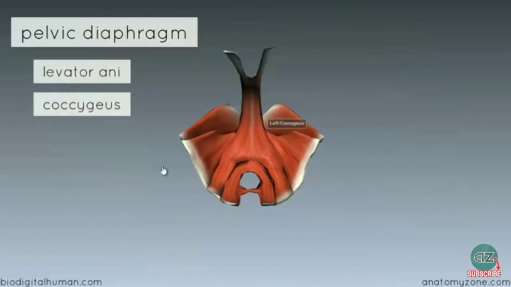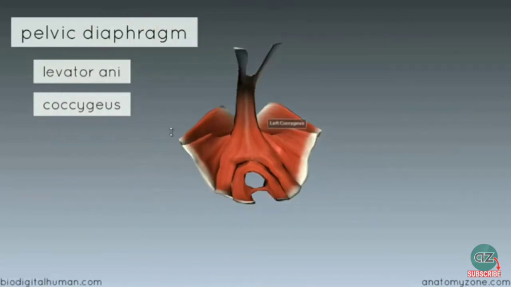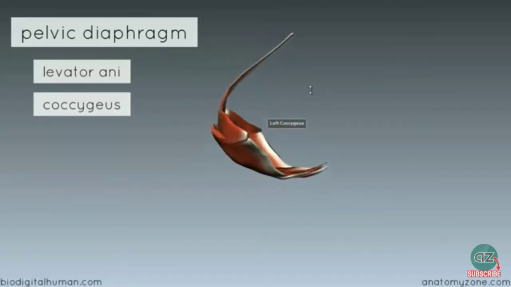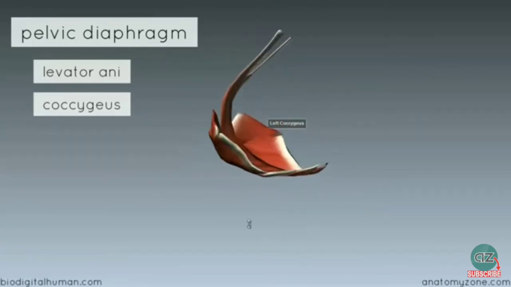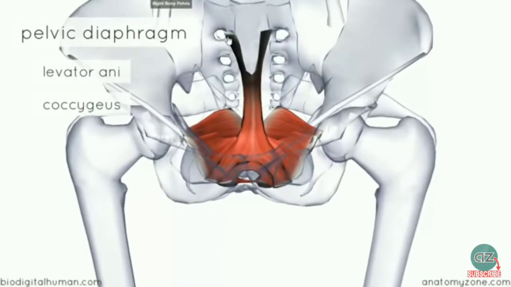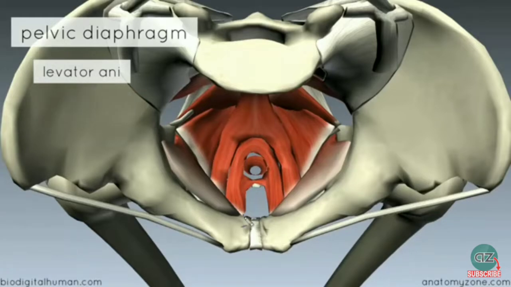So I've just isolated the pelvic diaphragm muscles, and you can see the shape of them here. It's like this bowl shape of muscles. So ignore this extension up here, as the muscle doesn't actually extend this far up, so just bear that in mind. So it has its anterior attachment on the posterior surface of the pubis here,